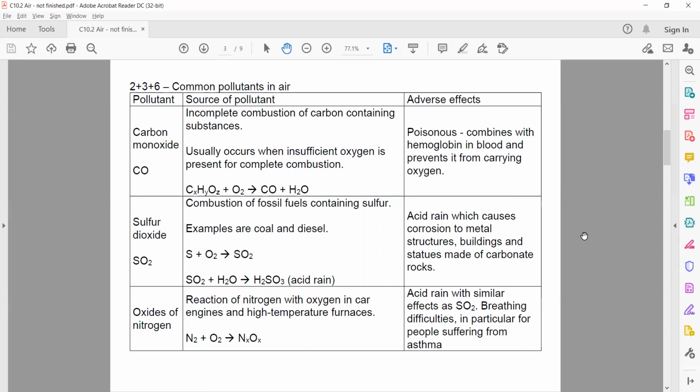When we talk about acids, we're talking about things that have a low pH. And this is bad because what do acids react with? If you think back to the acids topic, with metals, bases, and carbonates, correct. So if you think about a metal building or a structure inside a building that's made of metal, if this rains down on it, it's going to react with that metal and basically eat away at it.